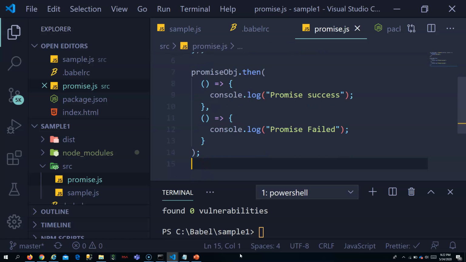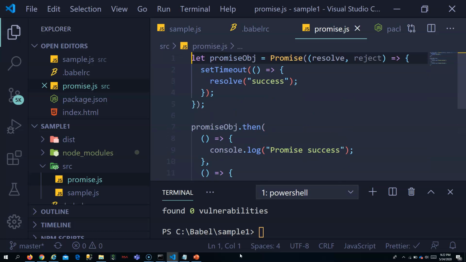Okay, so that's it. I've written the promise code which we can use to test in Internet Explorer. If the promise succeeds, since I have resolved it, I should be able to see this console log in my browser.